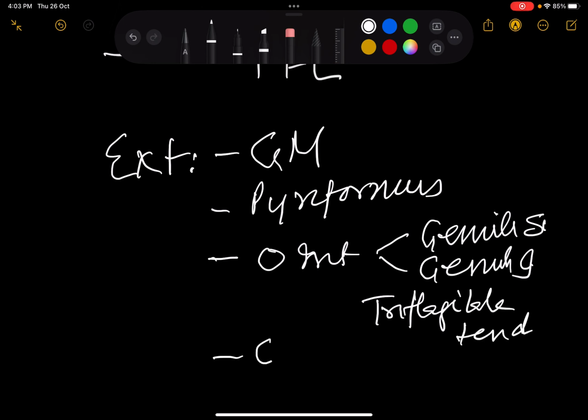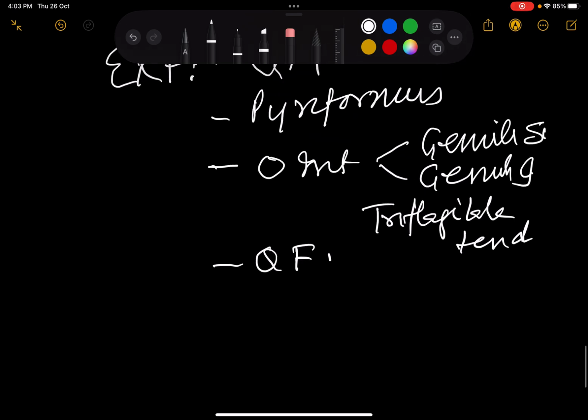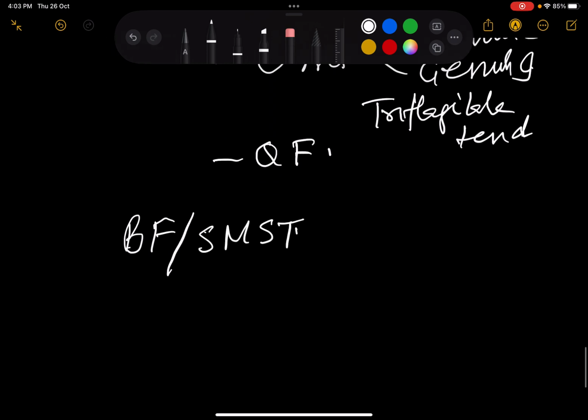Then quadratus femoris, and you of course end in the ischial head of the adductor. Then another component of the extensors were biceps femoris from the ischial tuberosity, long head, and semimembranosus and semitendinosus, and then the ischial head of adductor magnus